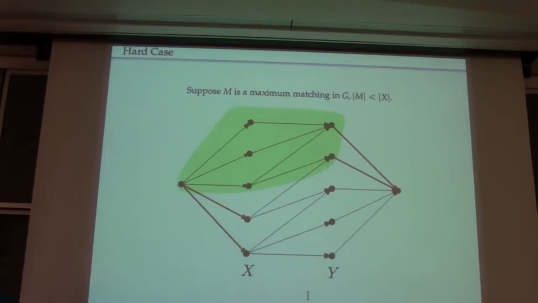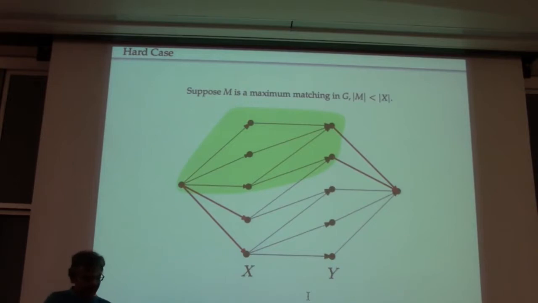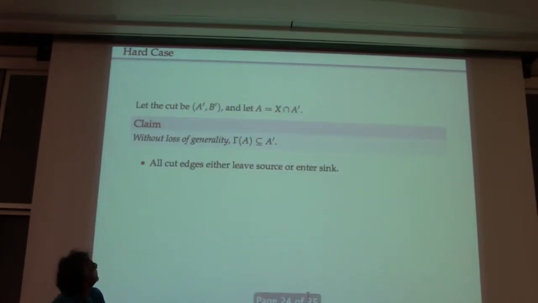So now the question is, remember, what was our goal? Our goal was to find this set, a set of vertices whose neighborhood is small. And essentially, I'm going to claim this neighborhood is going to be this A right here. We're getting it. Okay, so let me see if I have the argument right here. Yeah, okay. So the claim is now